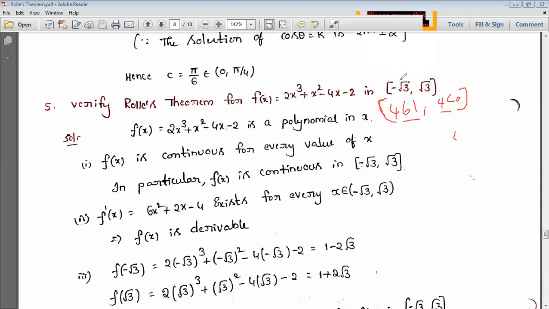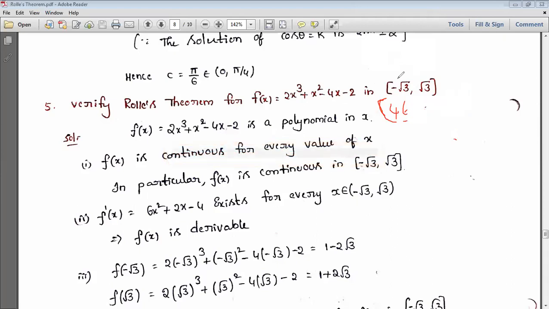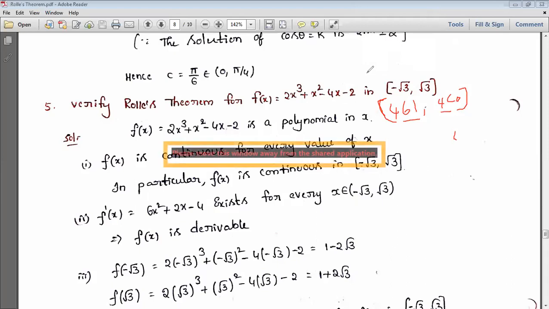If you are saying that the function is continuous, in the sense each and every point should satisfy. So here, for saying continuous, each and every point should satisfy. For saying not continuous, you need to see that at least one point is not satisfying, then we'll say that the function is not continuous. So here we can say that the function is a polynomial, so its conditions are satisfied.